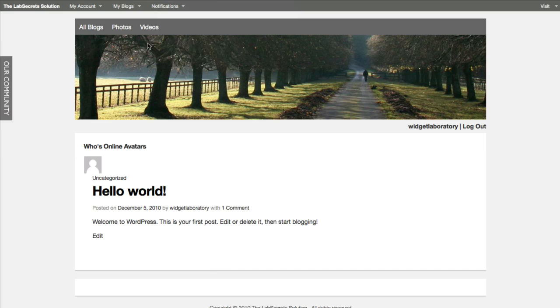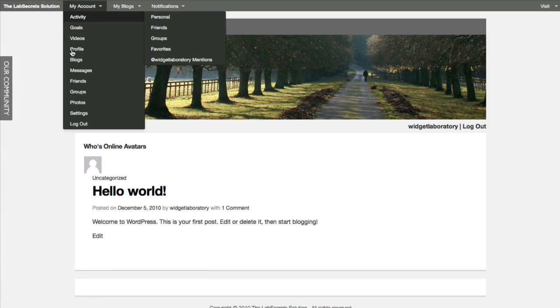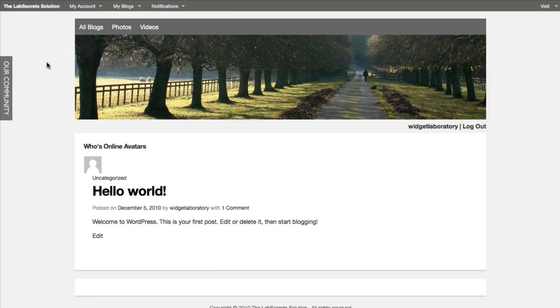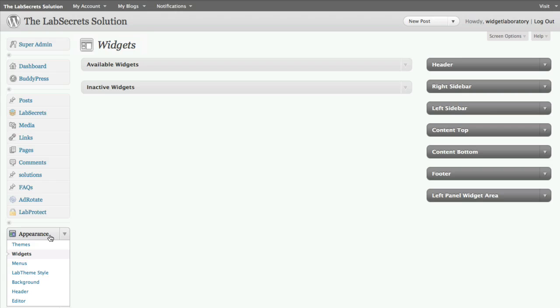The other thing that we've added in here is a new left-hand slider panel. We've done this so that you have a little bit of functionality that's kind of neat for a Web 2.0 experience, but also because this is a great handy way to save some navigation real estate by putting your community stuff in one box. So the way we did that is we go over here, back to our Appearance Widgets